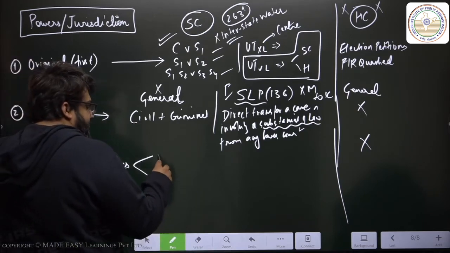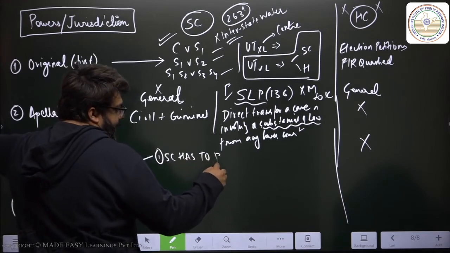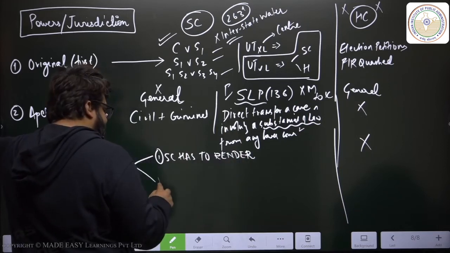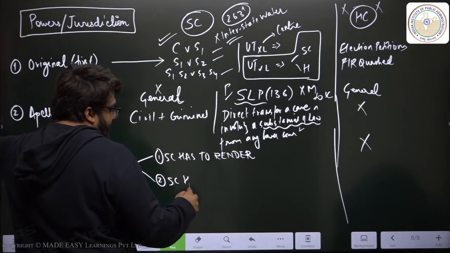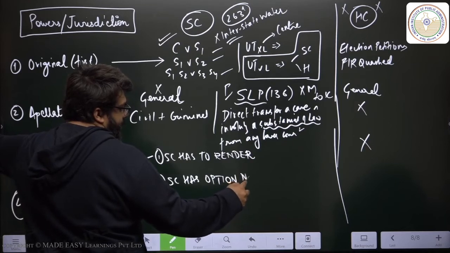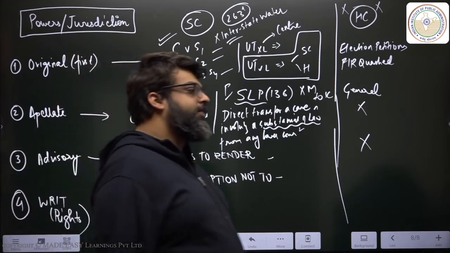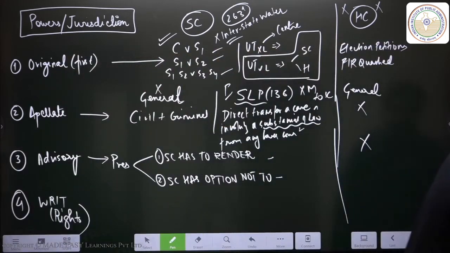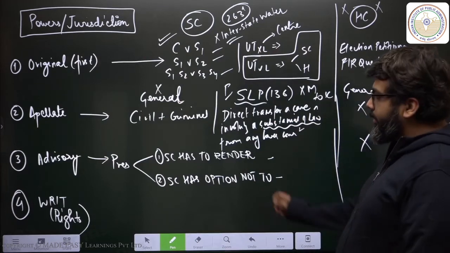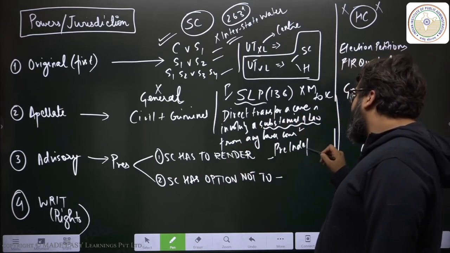Now in case number 1, the Supreme Court has to render advice. They don't have an option. They have to render advice. We had mentioned this before. The second is the Supreme Court has the option not to. Either you have to render advice or you have the option not to. Okay. Now let us say the Supreme Court has to render advice. In this scenario, this only happens where the issue is out of a pre-independence